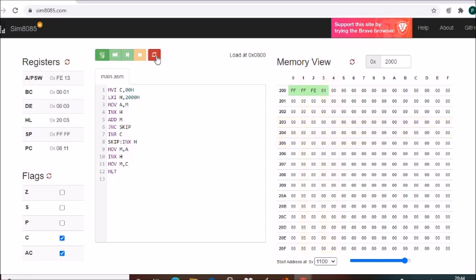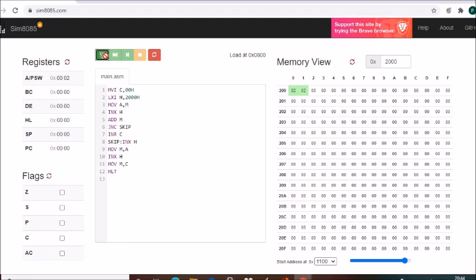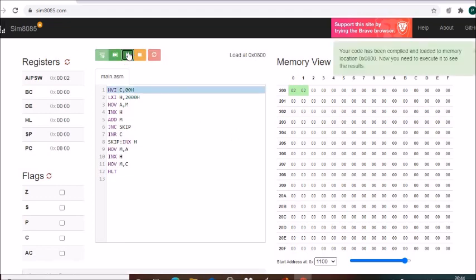So you can run the program as a whole or step by step. Clear? Now let's take two more data where carry is not generated. Let's suppose 02, and then 02. Now let's compile it. Now let's run step by step.